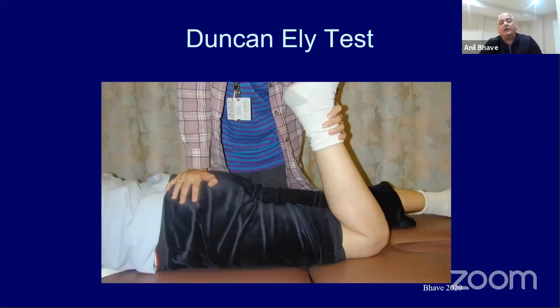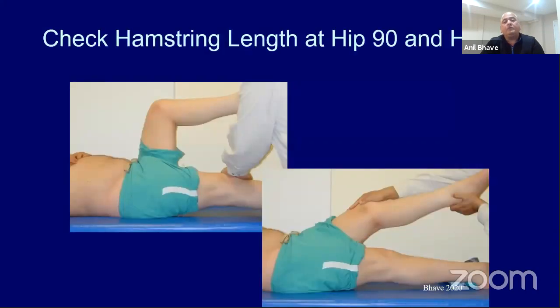The other thing we learned, and we did this together, was to assess the patient preoperatively and determine which patient needs a pre-surgical soft tissue release and which patient doesn't. So we started doing the Duncan-Ely test, and if it was less than 90 degrees, a Duncan-Ely positive test, then the patient most likely would need a proximal rectus release so that they don't get tight later. We also learned one more thing,